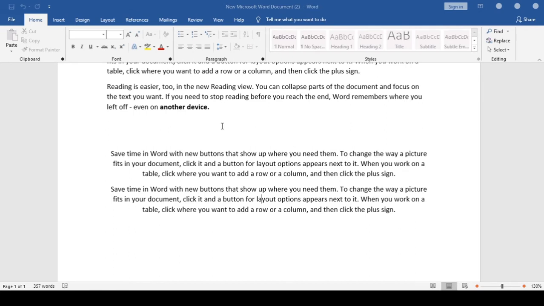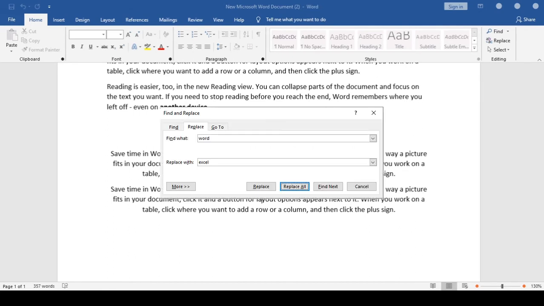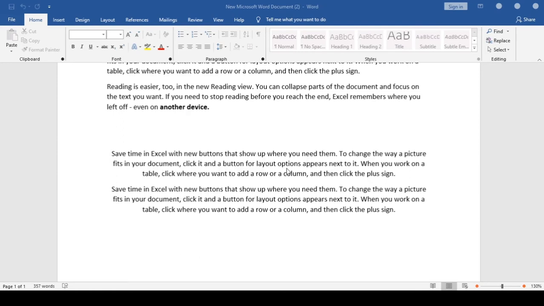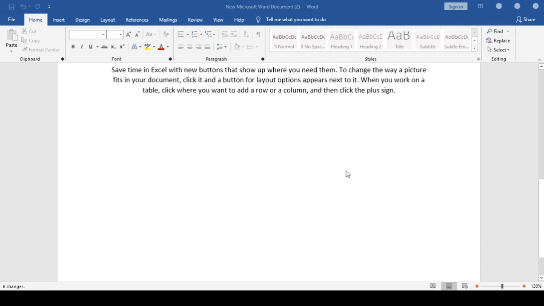Suppose that I want to replace "word" with "Excel", so I will write Excel in the replace with text box, and I will hit the replace all button. Okay, it is notifying me that all done, and we have made 6 replacements of "word" with "Excel".